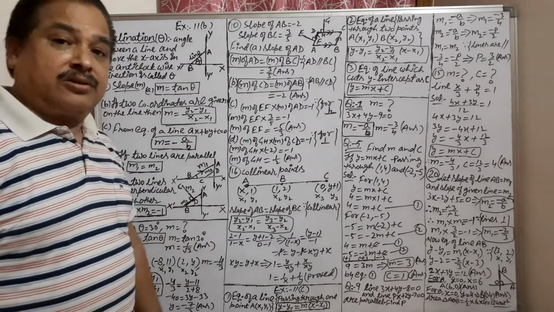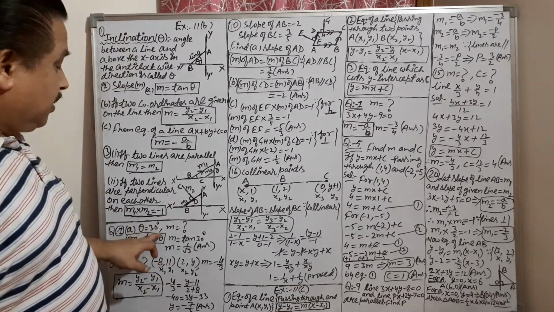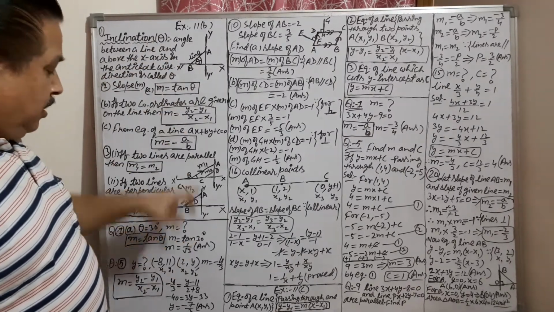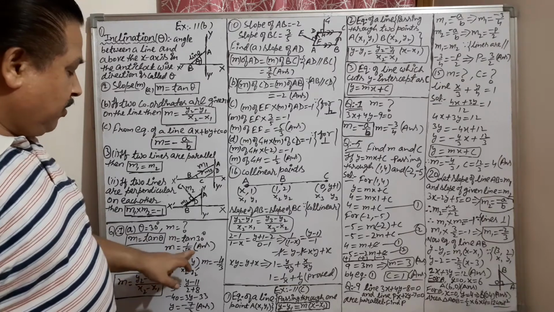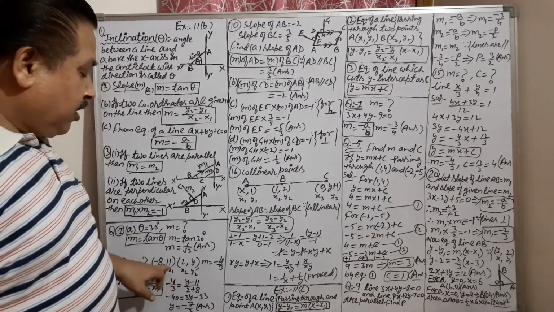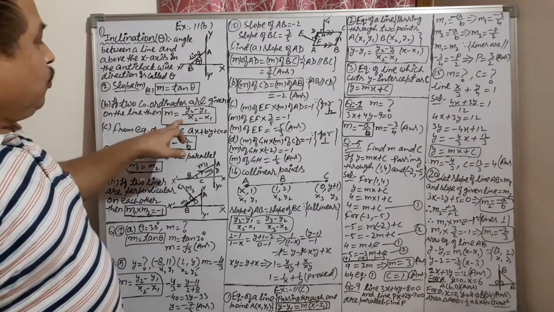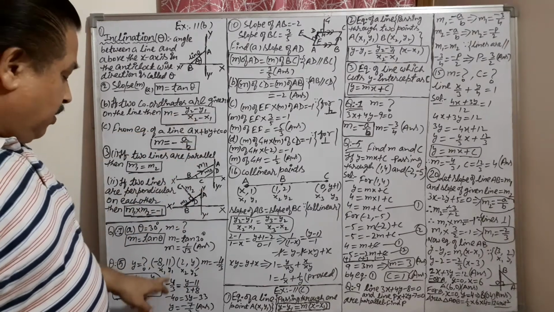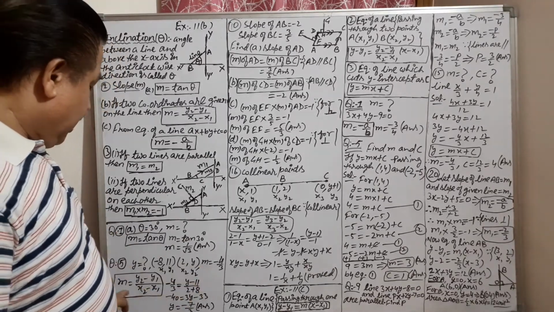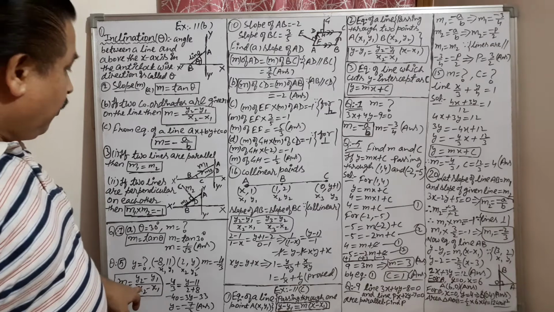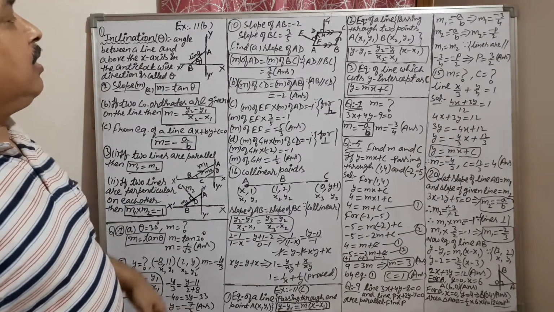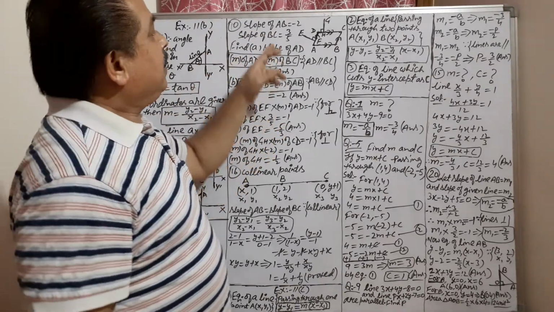Now see the exercise. Question number 1, theta is given as 30 degrees. Theta means inclination. Find the slope. m is equal to tan theta. So in place of theta write 30 degrees. m is equal to 1 upon root 3. Answer. Now see, two points are given, so use this formula for slope. If two points are given, one will be x1 y1, the other will be x2 y2, and the slope is already given. So put the values in this formula, and y will come out as minus 7 by 3. Answer.